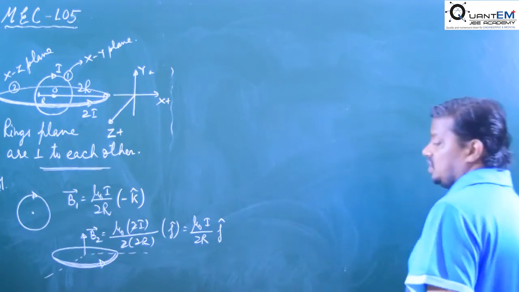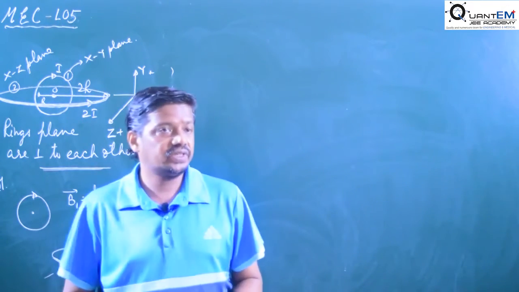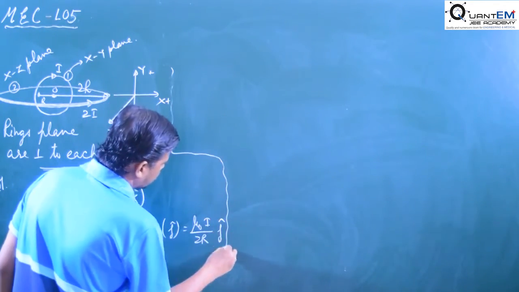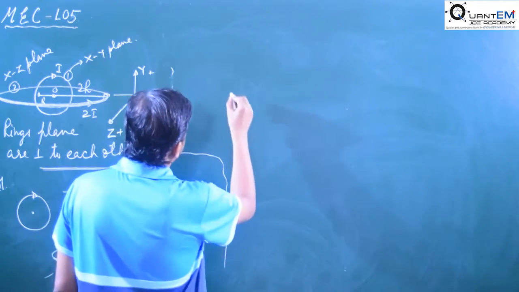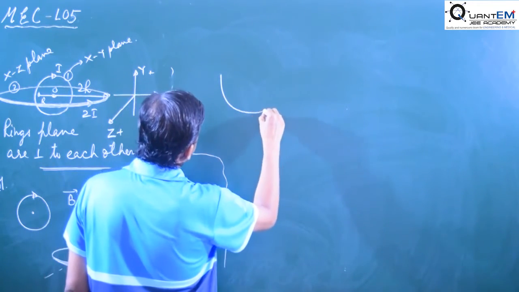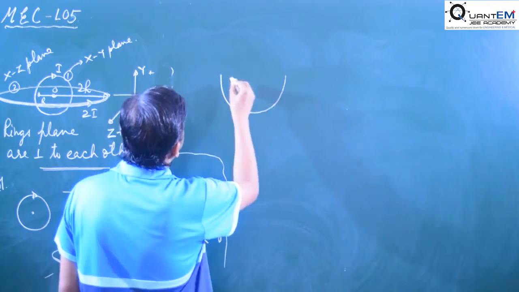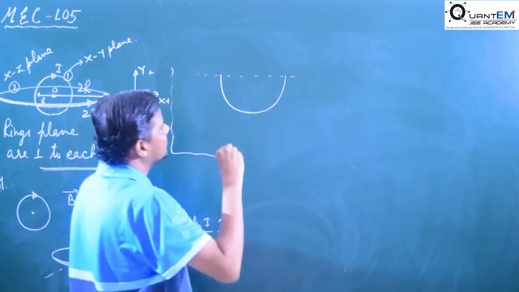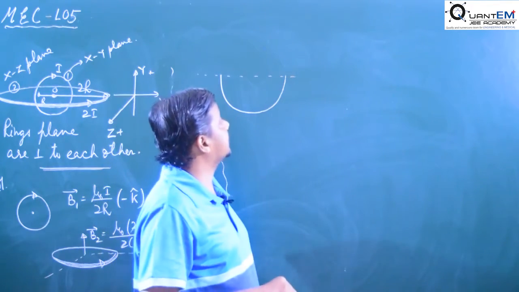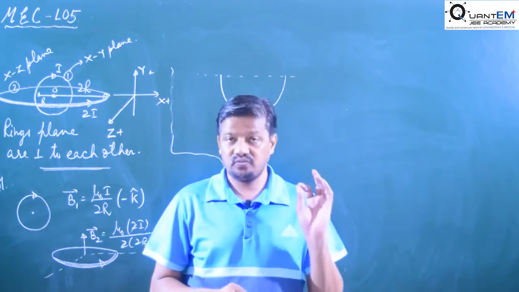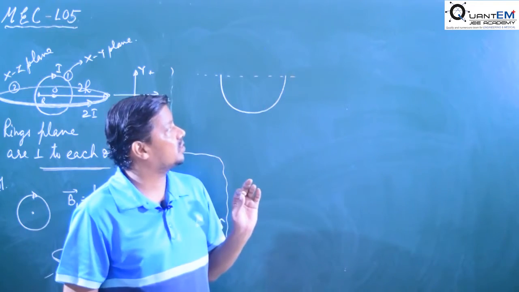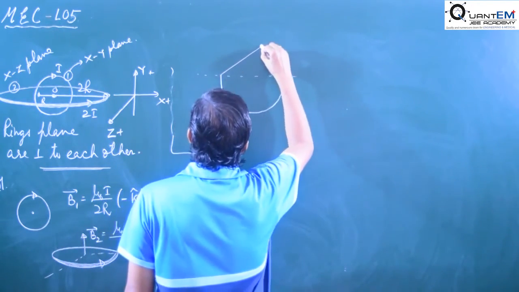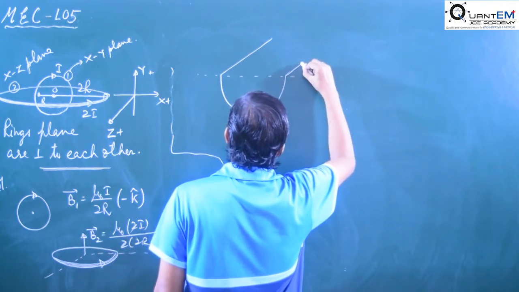Now we come to some more questions you have to do for yourself. These questions are for homework. Like in the previous question, you have got magnetic field intensity at any point on the axis of the conductor. It was point O, but this conductor was of infinite length. Now we are taking a conductor of semi-infinite length.